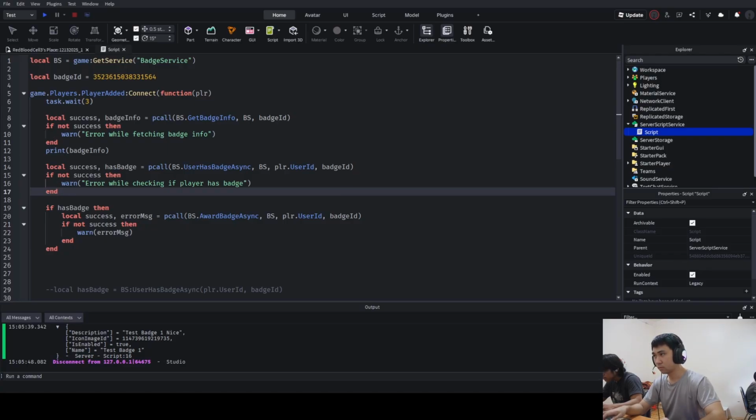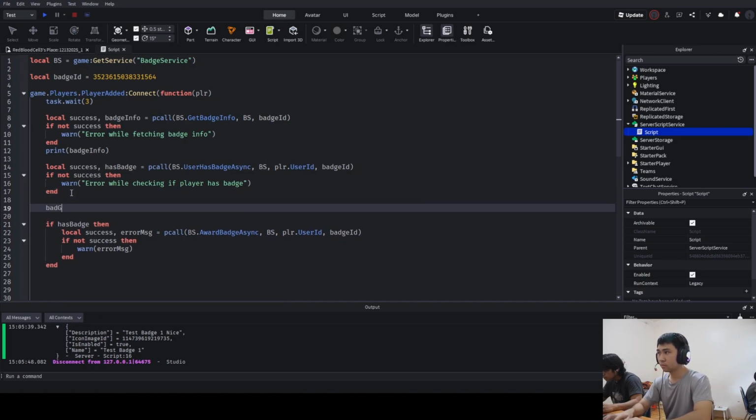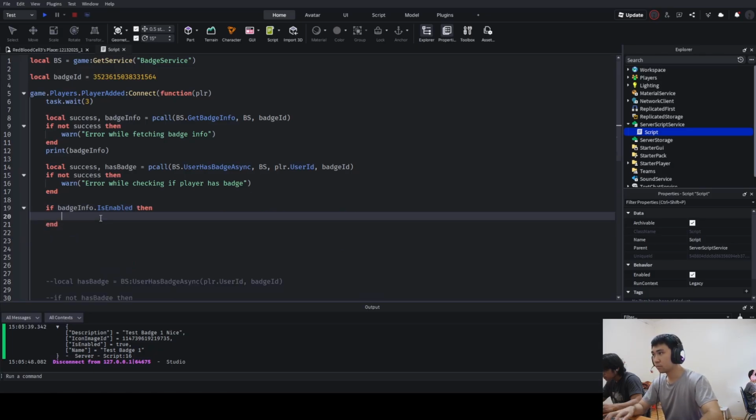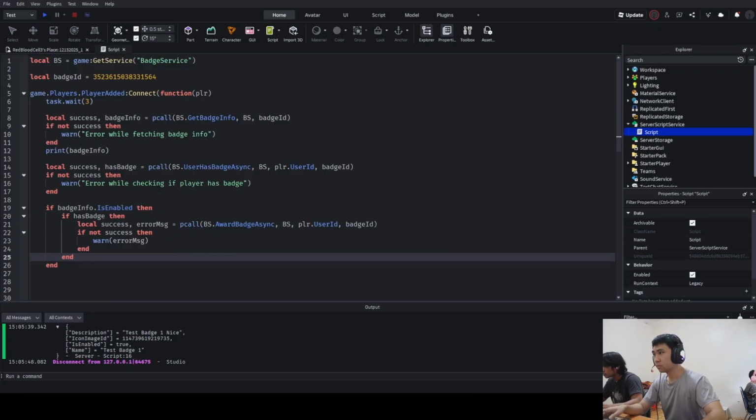And so now that we have this check for whether we were able to obtain the badge and this check whether the player already has the badge, now we can finally go down here to actually award the badge to the player. Now, here's another thing we can do to make sure that we can actually award the player the badge now that we have our badge info. If you remember, we can check whether this badge is enabled. So we can actually make that check down here before we award the badge to the player. So what we're going to do is say if has badge and our script badge info dot is enabled, then